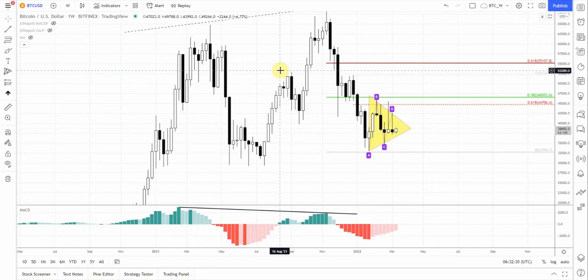But in my personal opinion, the major pattern that we have stands on the weekly chart. And this pattern, as you can see on the chart, is the pennant. This pennant is very informative for the medium-term perspective. It's just because a pennant is a continuation pattern and usually forms when the market takes a pause in some trend, suggesting that once this pause is over, the market should keep going lower, keep going in the same direction as it was before the pennant.